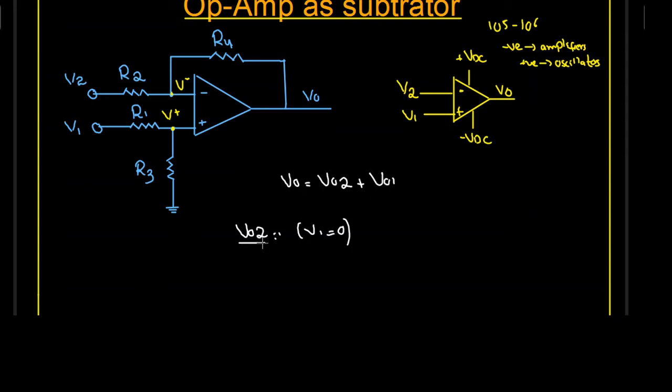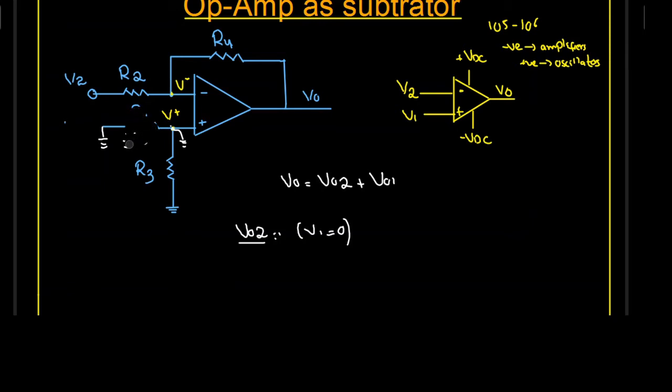So first of all I am going to solve for VO2. For that I am going to make V1 equal to 0. So I am going to take the eraser and ground V1. So V1 is going to be 0 over here. I am simply replacing this V1 by 0 volt or by ground. Now when this is 0, because we do not have any other voltage source here, this V plus potential will also be 0 or grounded. This will also be at 0 potential because we do not have any other source over here, which means that the current flowing through this resistor will be 0. So long story short, I am going to have a short circuit over here.